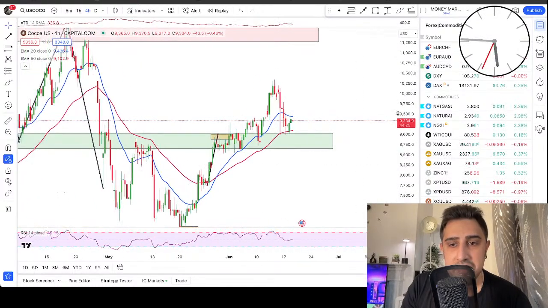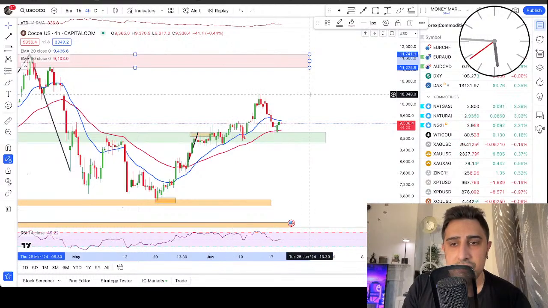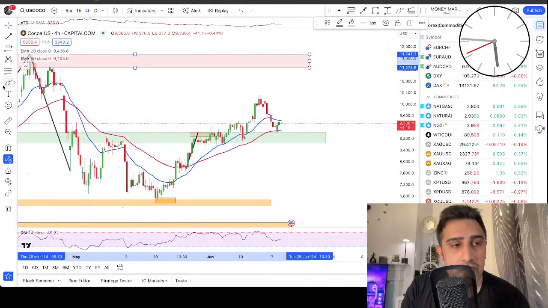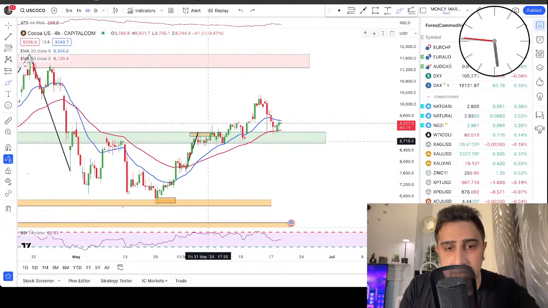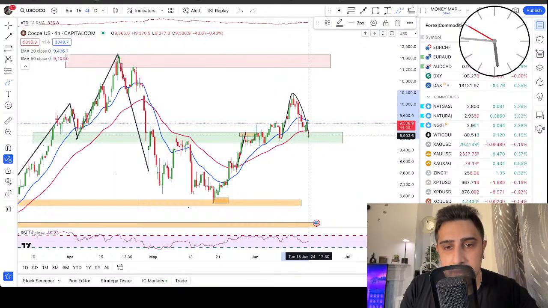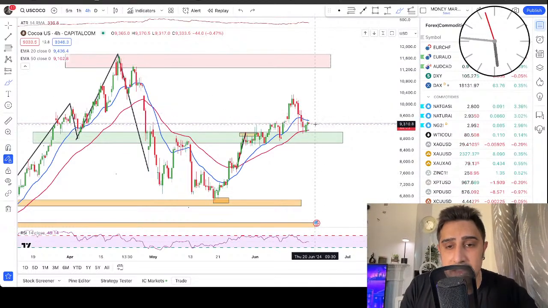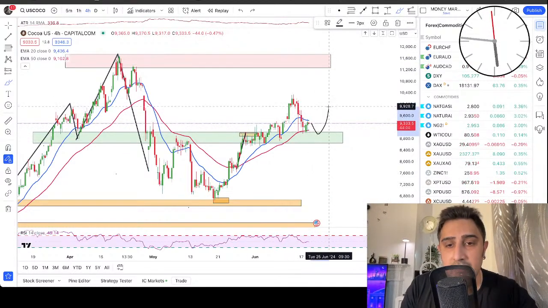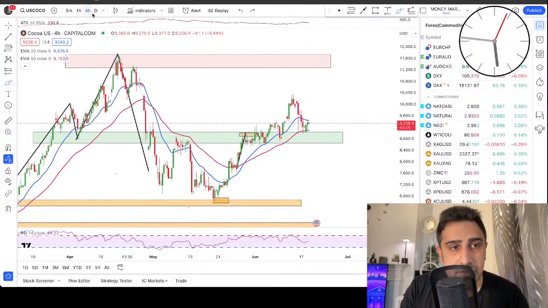US Cocoa is still bullish, and I'm expecting the price to push higher till here. 11,295, that goes up to 11,741. So a good bullish candle, not a bullish engulfer, but a signal that price has just retested the previous level right here. Push up, retest it. We can still get a retest like a bullish condition, a double bottom, and that will push up. So if you want to be extra cautious, wait for the bullish engulfer here. That will be a very good signal. So yeah, I'm still bullish for US cocoa, short term and long term both.